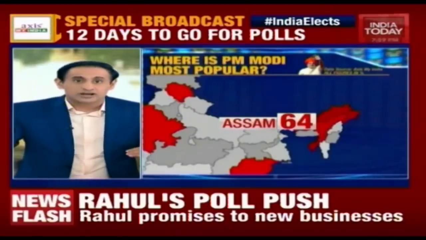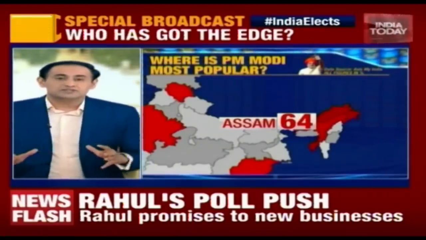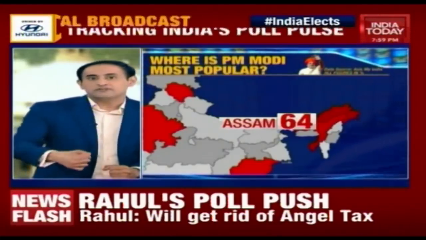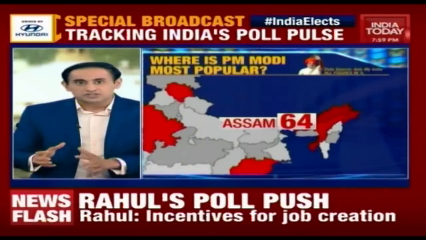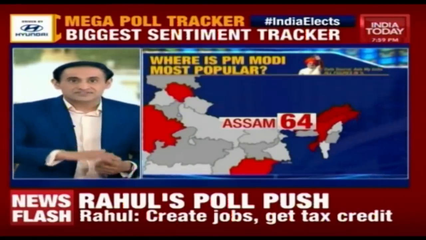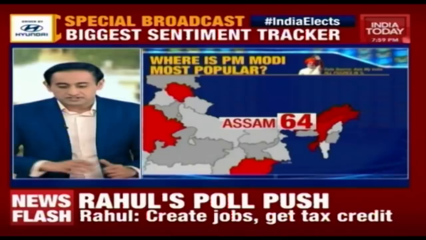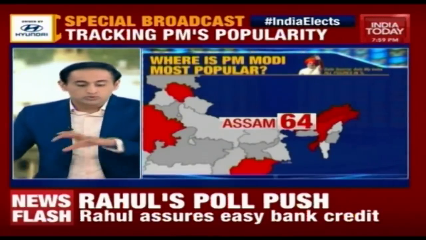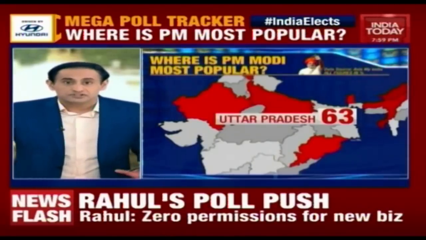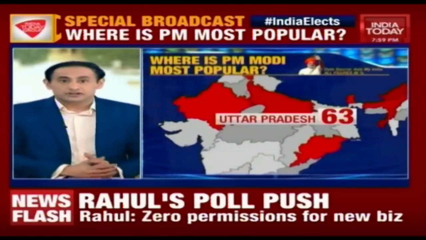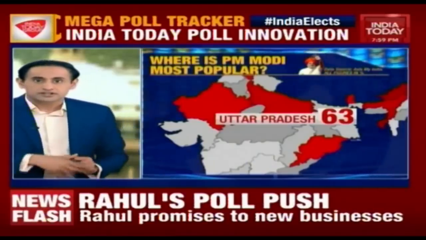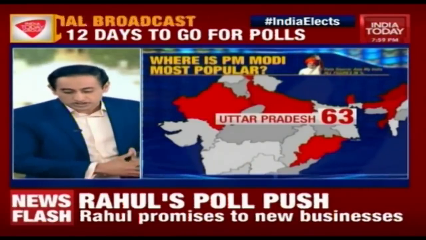Then there is Assam. Now in Assam, and this is interesting because in Assam there's been this whole agitation around the Citizenship Amendment Bill. There was a sense that there'd be some kind of a backlash against the BJP. But at this moment, respondents in the Axis My India Today data are telling us that they are satisfied at the level of 64% with the Prime Minister's performance. From there we go to Uttar Pradesh, and this is the most important state for the Bharatiya Janata Party because if here 63% respondents are saying they're either completely satisfied or partially satisfied, that's relatively speaking good news because you've got strong popular appeal for the Prime Minister showing up in high popularity on the ground in Uttar Pradesh.